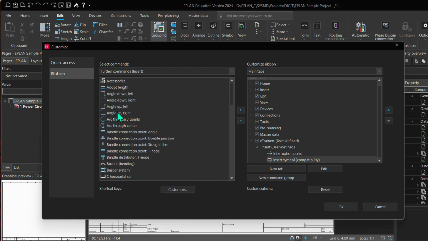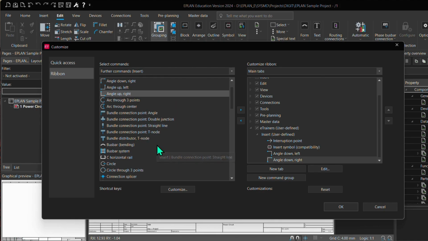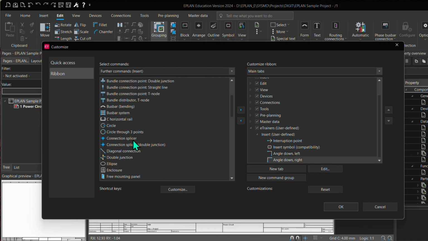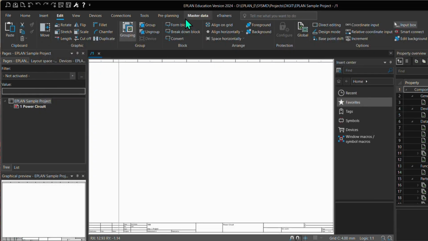And then let me also have few more options. Maybe angle down left, angle down right, angle down. Okay, that's fine. Now circle, for example, let me also add this. Double junction, this also can be added, and I think that would be enough. Now I will click OK, and the moment I do that, you will see that this particular